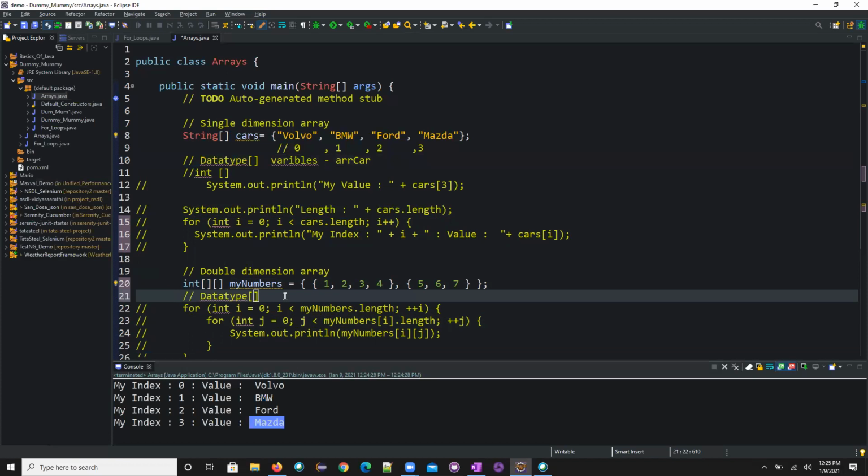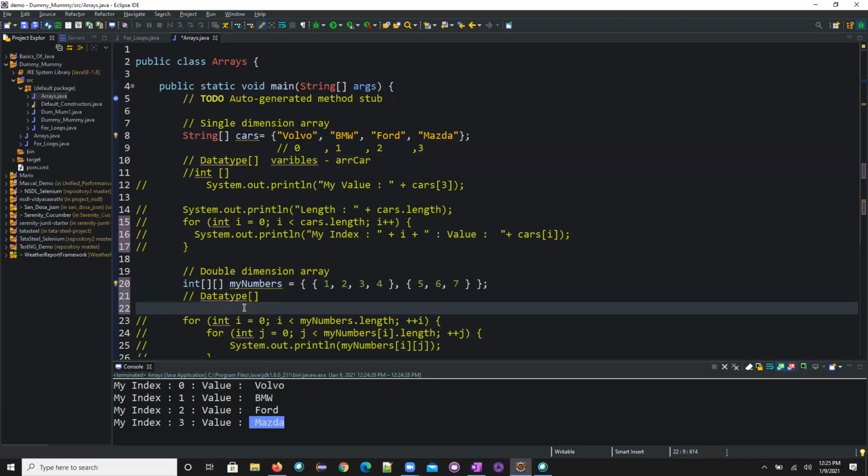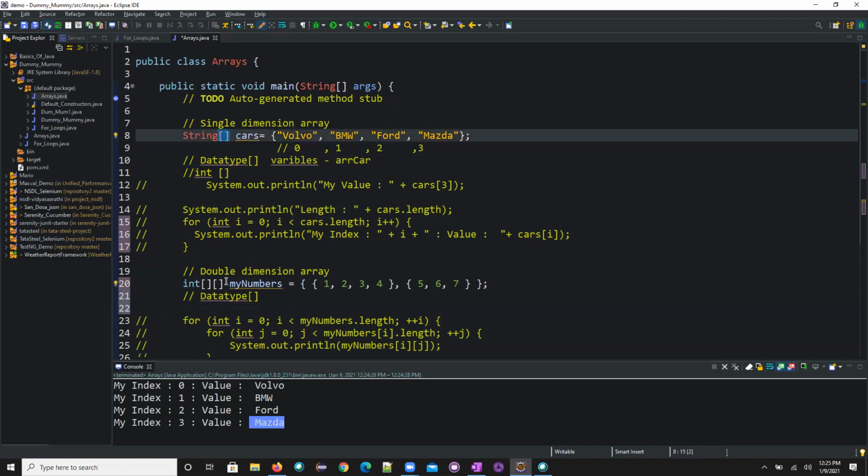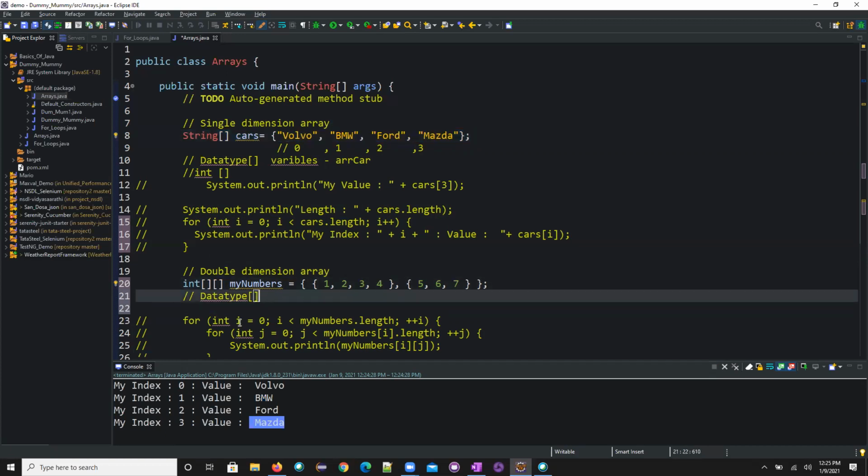The only difference is that previously I had a single dimensional array, one list. Now I have two lists. When I have two lists, I need to define two square brackets.